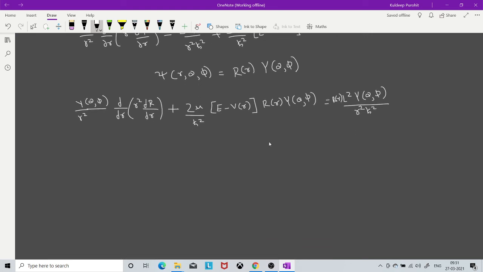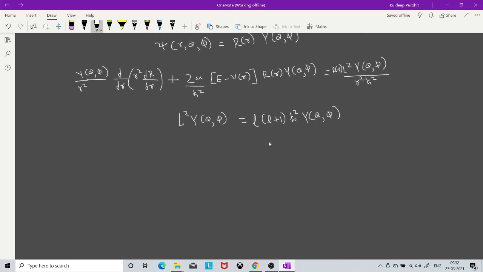So now we know that when L square operates on Y(theta, phi), which is a function of theta and phi and which you can take as a spherical harmonic, it gives L(L+1) h cut square times Y(theta, phi). This is the eigenvalue of the L square operator, and you can directly substitute it here. So I will be having now